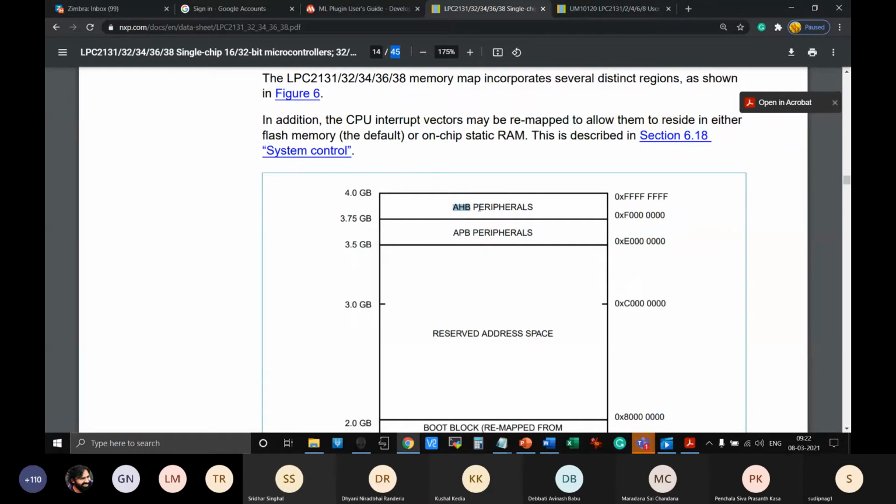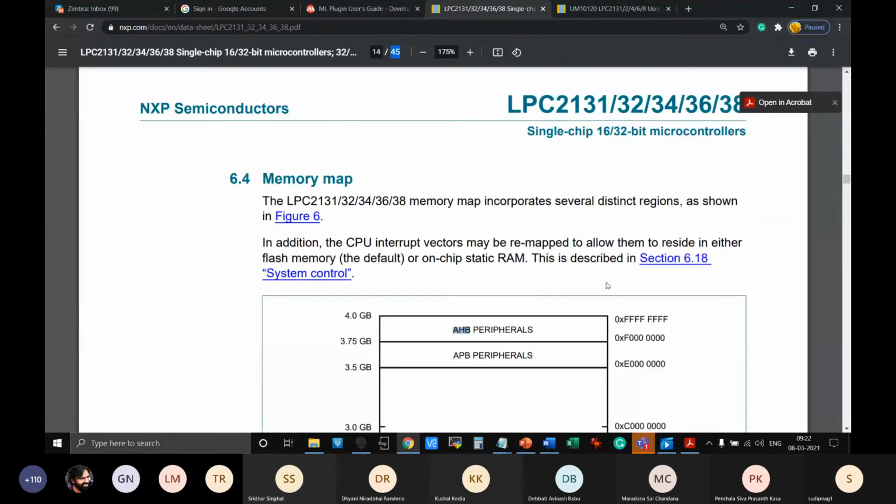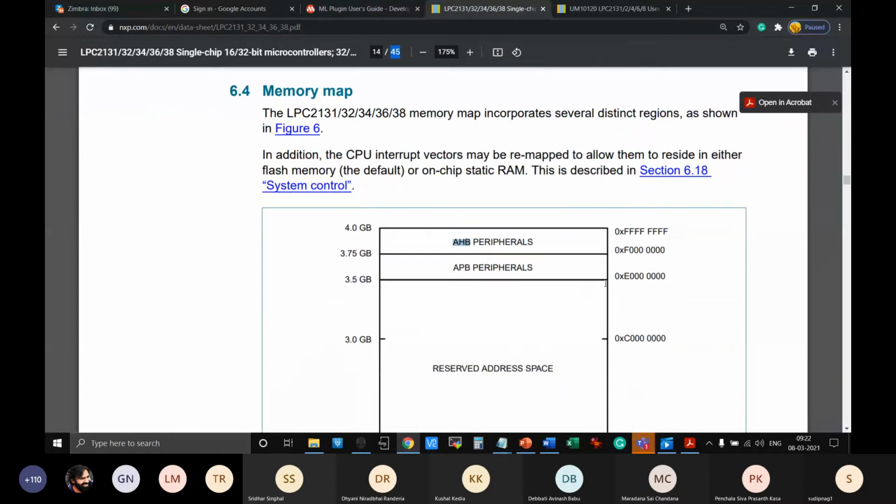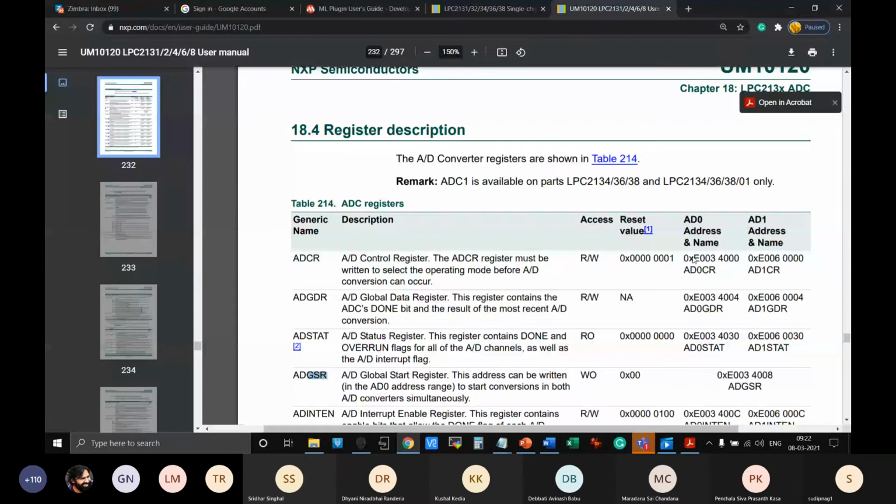So this memory map is again very important. Again, you don't have to remember it by heart. You have to understand what is going on, what the link is, and what the consideration points are while writing your code. Those things like the address range, the area from where it should be accessed, like these SFRs from the E something locations, and so on.